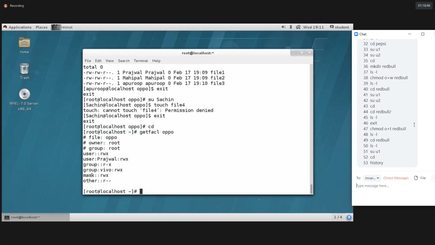And what is this value called mask here? What is the use of this mask? User file creation mask, you know, na? Like the same way, here we will have the mask value, it will help us to set the file permissions. So how to change the mask value? If you change the mask value, what will happen? Let's see now. Guys, I hope you're clear.